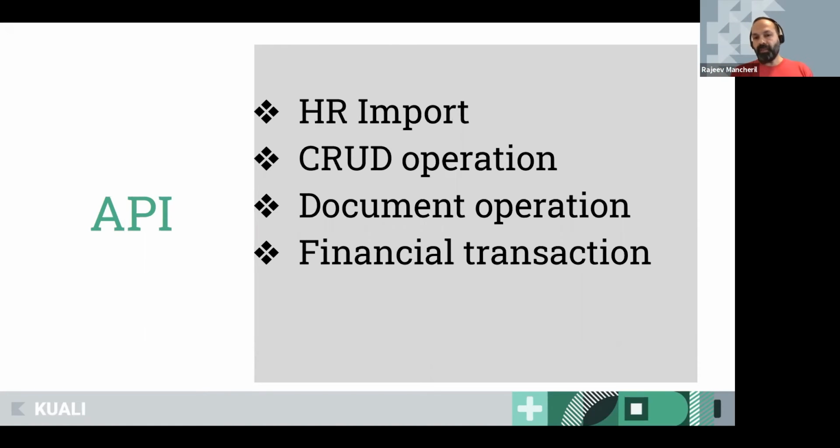Document operation means dealing with all the transactional documents, basically your award document or institutional proposal. You can create new documents and version existing documents. Financial transaction is dealing with award. Any award that's posted, you can pull all the award information, and financial endpoints let you pull in all the posted awards and then acknowledge back saying that you have retrieved it.